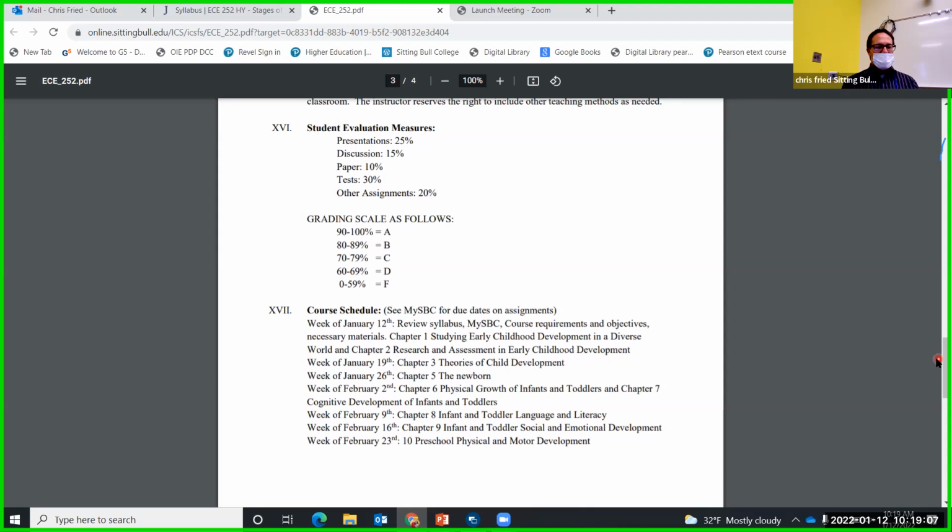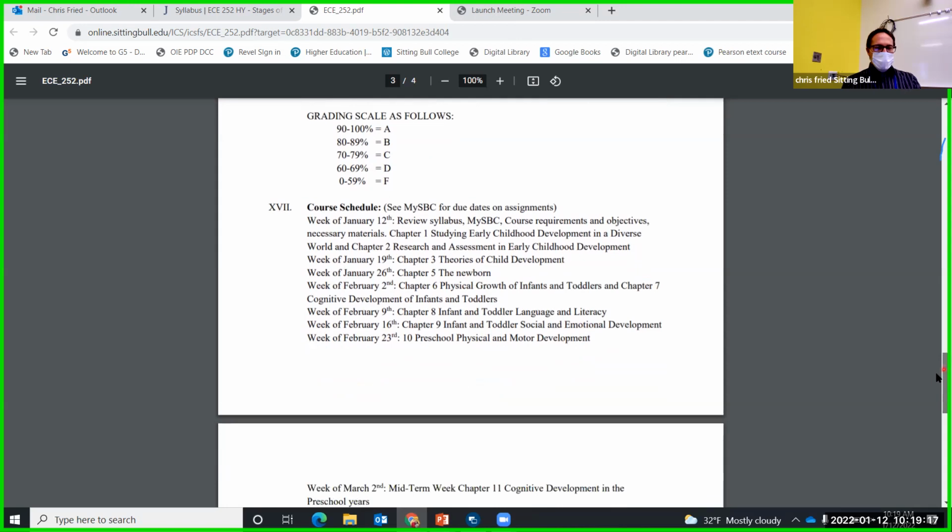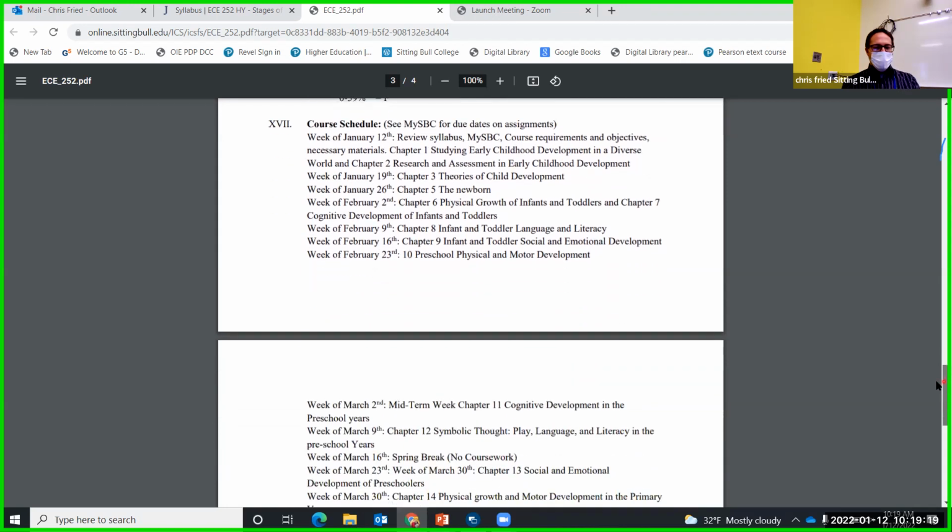The grading scale is the same as it always is for all of our classes. And then of course, this is a tentative outline of courses and topics for the semester. I don't have all of the assignments in here on the syllabus, so I have you refer to my SBC on that.